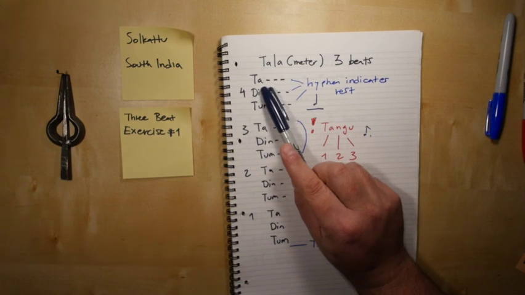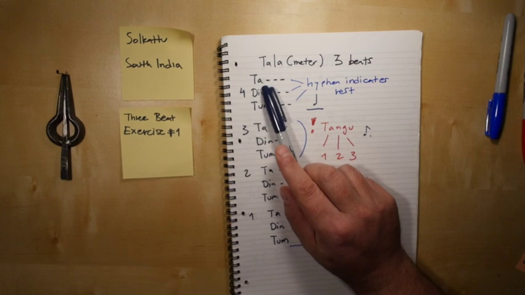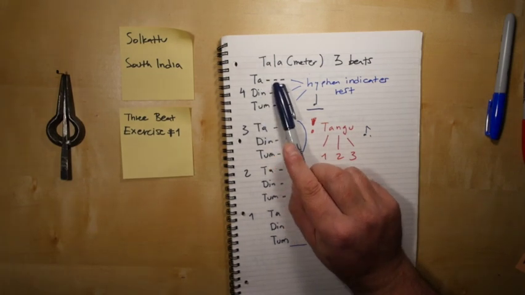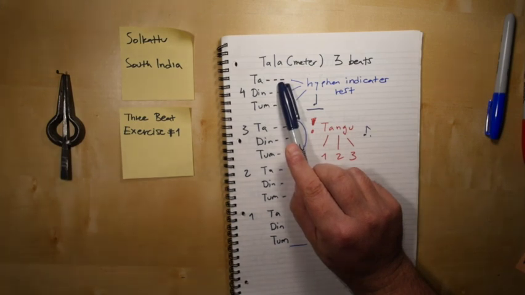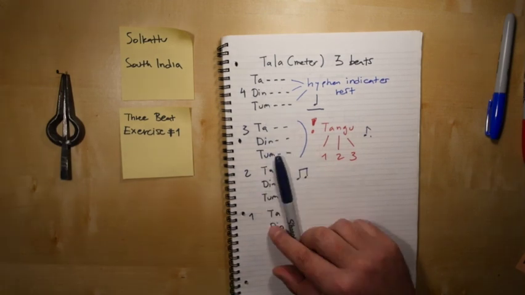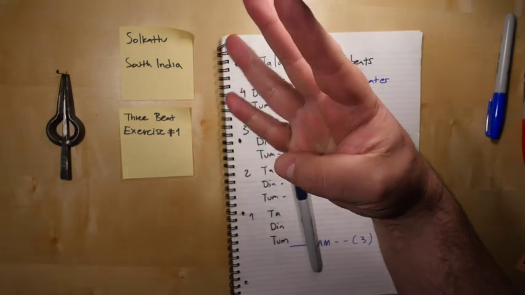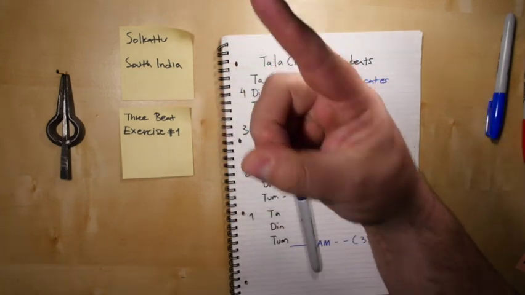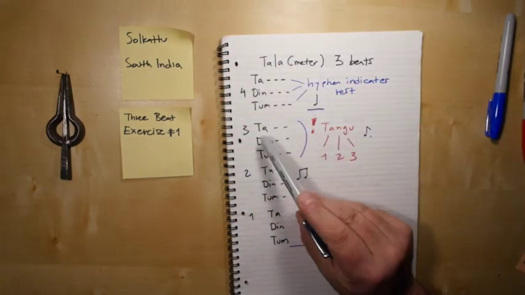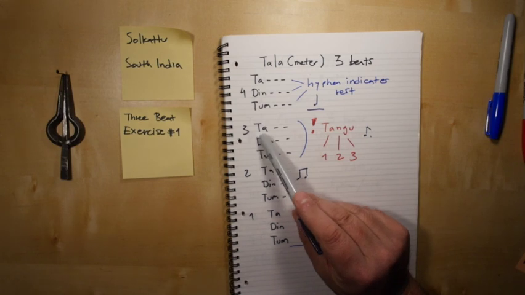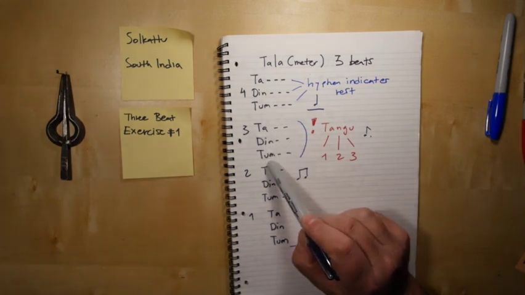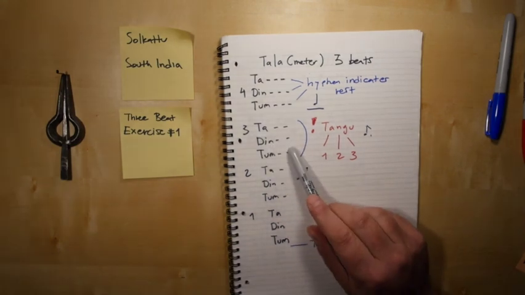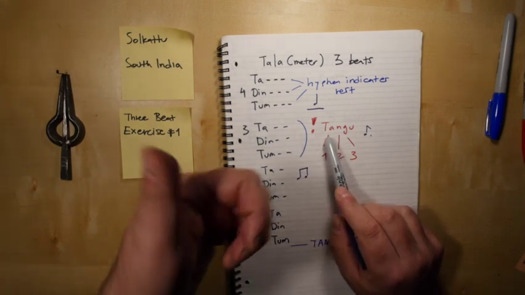Okay, here I'd like to talk a little bit about how the Solkattu notation works. You have the syllable, and then you have each of the hyphens representing a rest or an unsounded note, if you want to think of it like that. So you have ta, din, tum,